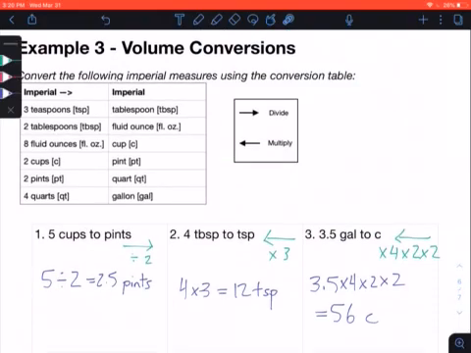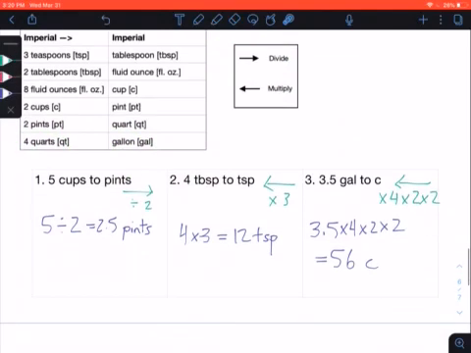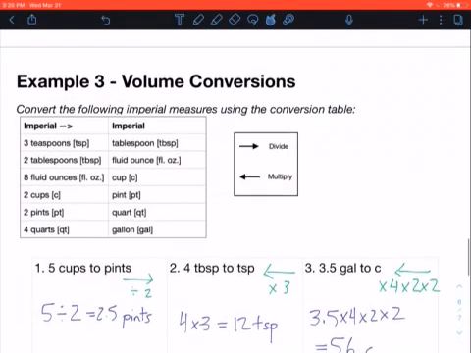Okay, so whenever we're making a unit conversion using a conversion table, we figure out which direction we are going. Okay, so if we're going from quarts to gallons, that's left to right, we will divide by the number in that row. If we were going from gallons to quarts, we're going from right to left, in which case we would multiply by that 4. Okay, hopefully these